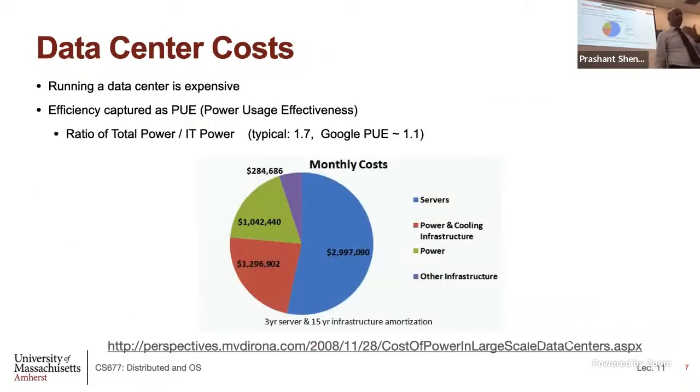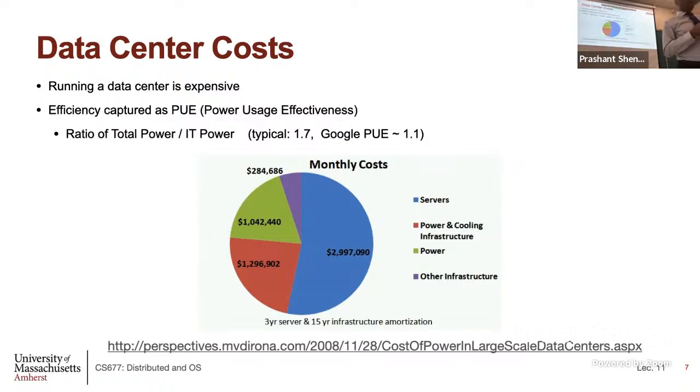All right. So very quickly, I'm going to talk about data center costs, and then we'll switch to cloud computing. As I mentioned, your data center is going to have lots of servers, lots of storage, lots of power infrastructure to power these servers, and a big cooling infrastructure to cool this data center. Okay? So running a data center is going to be quite expensive because all of these pieces of equipment will consume power, and then you will have to pay a bill at the end of each month based on how much power your data center has consumed.